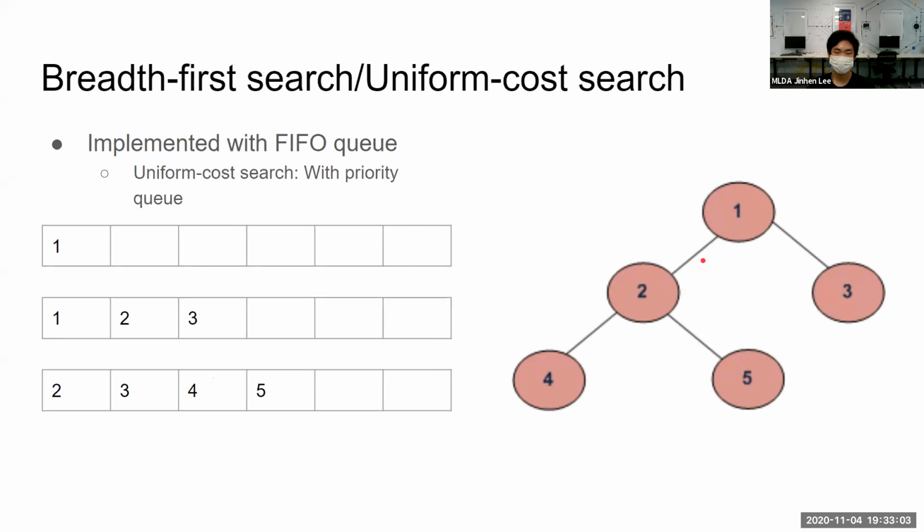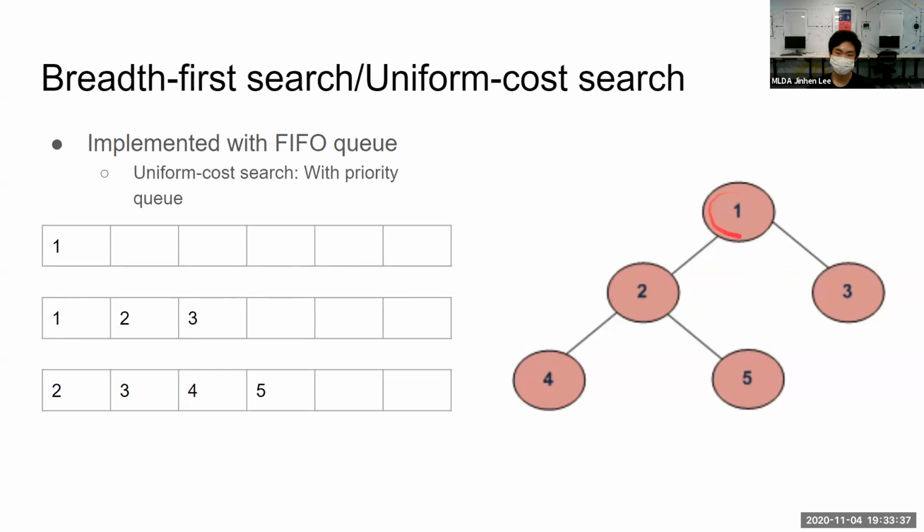So let us trace the execution of the breadth first search, just to recap a bit. So we start with node 1. We will call the breadth first search on node 1. So you visit node 1 and you queue it into the queue. And while this queue is not empty, you take the front element and you look for its unvisited children, which in this case is 2 and 3. Both of them have not been visited. So you visit 2 and 3 and you enqueue them into the queue.